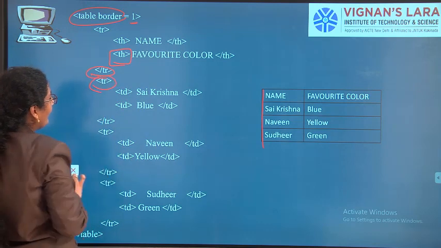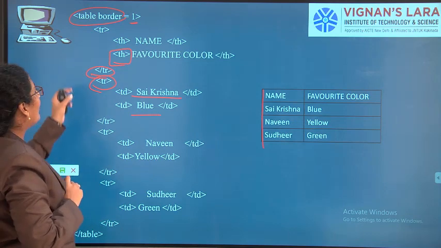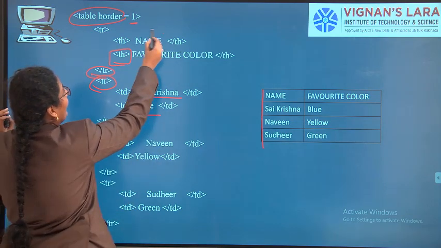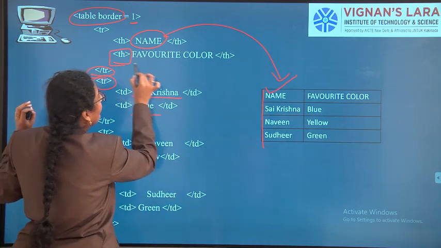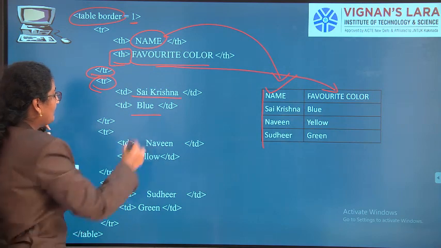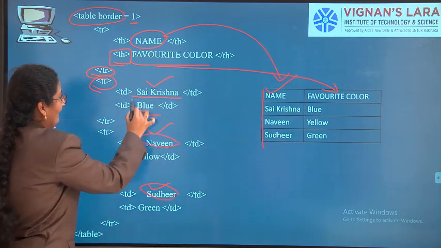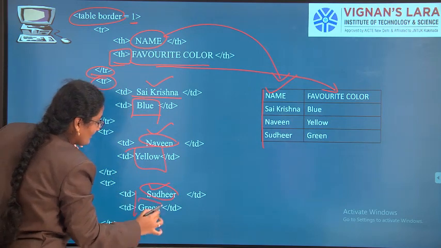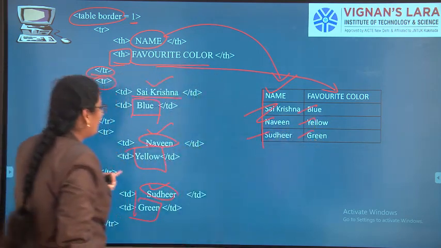In each row I am giving some names and their favorite colors. Name is one table heading. Favorite color is one more heading of the table. So Sai Krishna, Naveen and Sudhir have blue, yellow and green as favorite colors. That is displayed here. 3 people have 3 favorite colors.